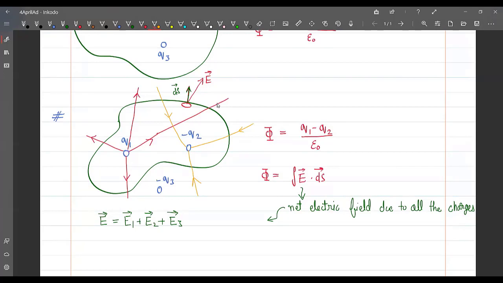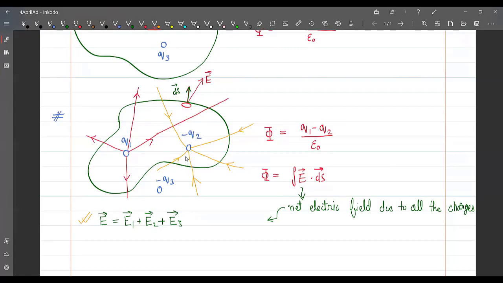If it is outwards, then E dot ds is added up. And if it is inverse, then E dot ds is subtracted. Don't worry about this. What we do here is finding the net field. This net field will be found out by adding the electric fields,